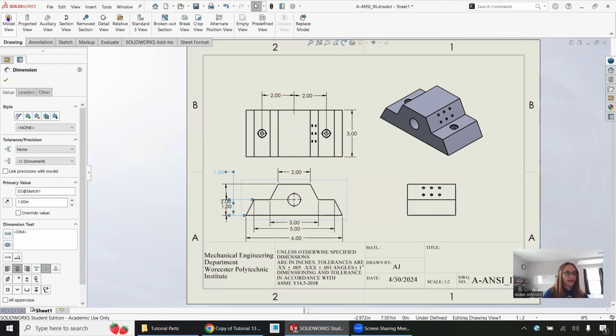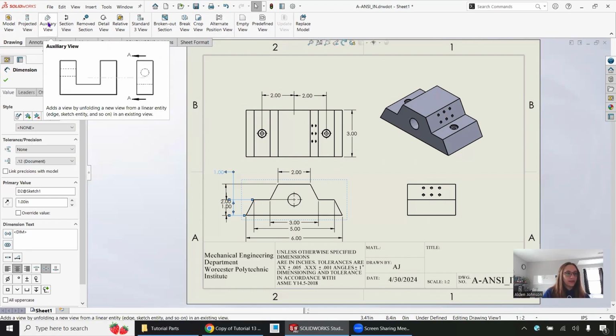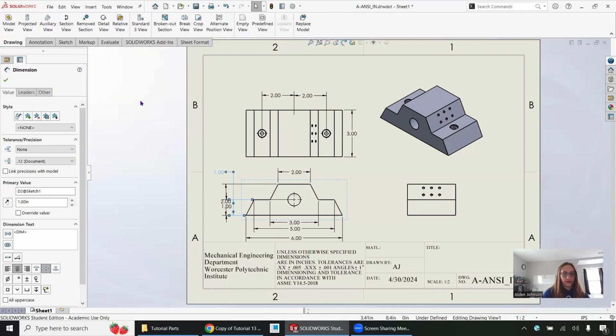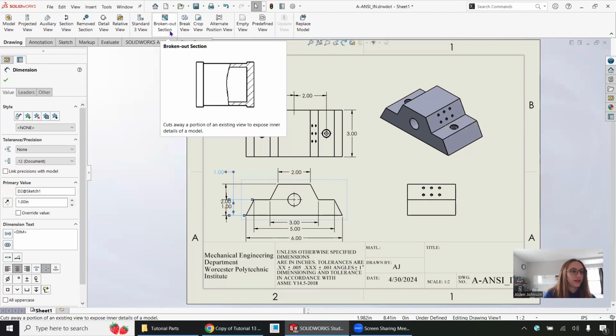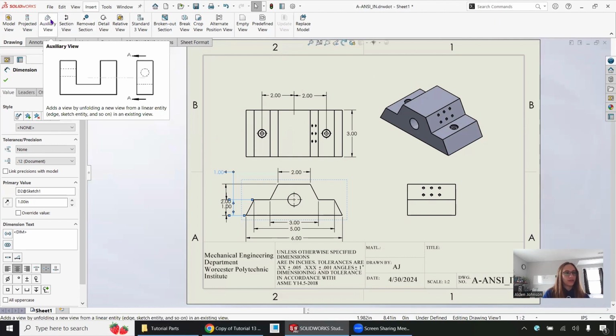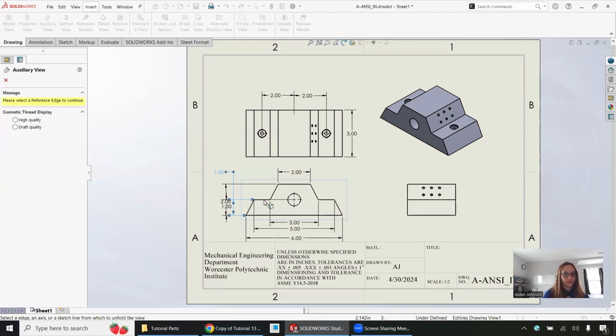So I'm still in this drawing tab, and I can see I have a bunch of options up here. I'm just going to go through a couple of them. Projected view we already went over. Next I want to talk about the auxiliary view. So you can see on this side we have these holes, and we can't really get a good look at them from the top or from the right. I really want a view that is perpendicular to this surface so I can get a good look at that view. What I'm going to do is hit auxiliary view,